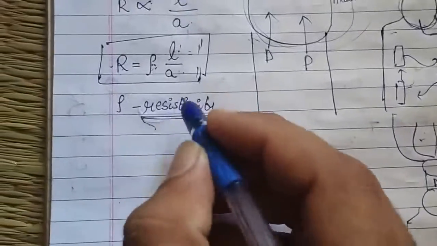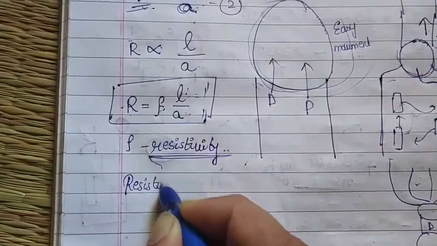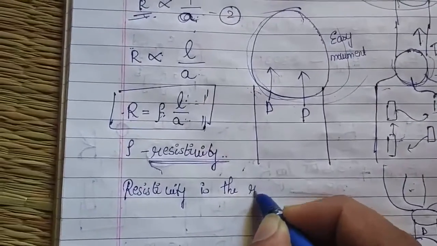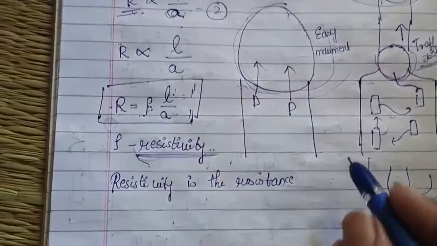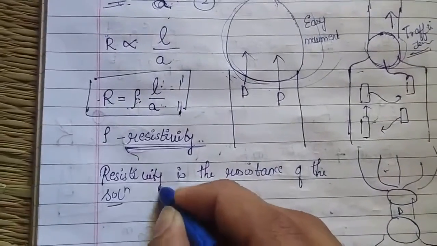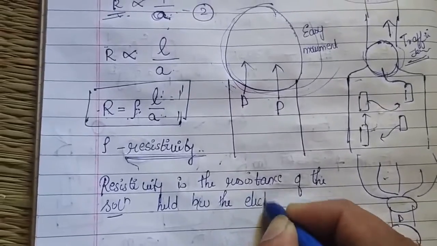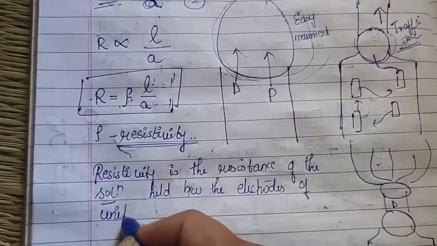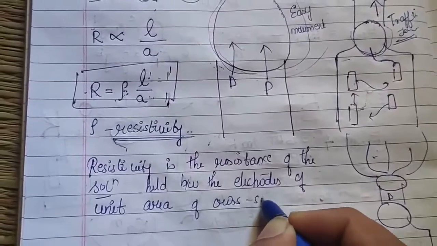Very good. That is, to define resistivity, what is resistivity? Resistivity is the resistance of the solution, when it is held between the electrodes of unit area of cross section, and separated